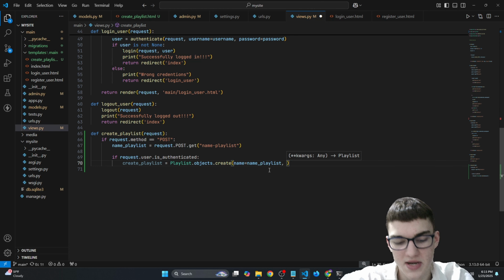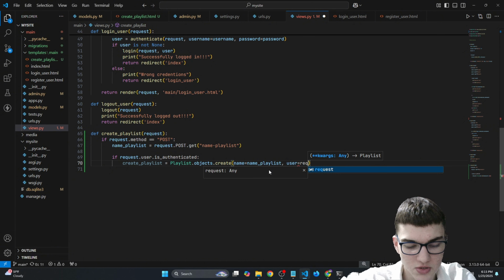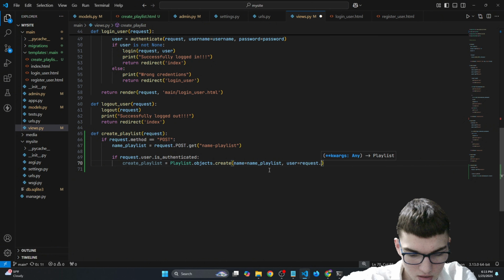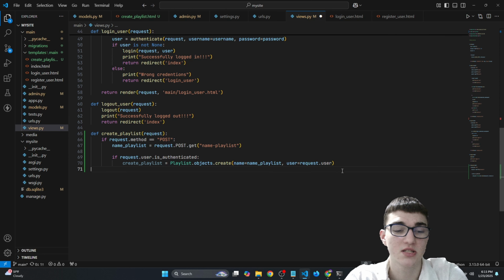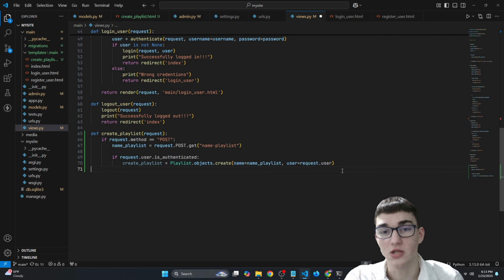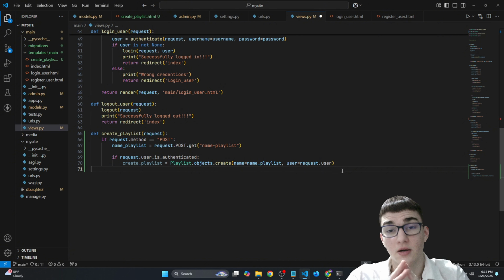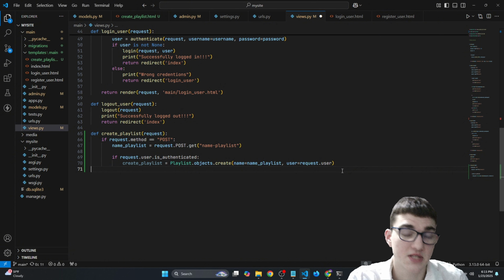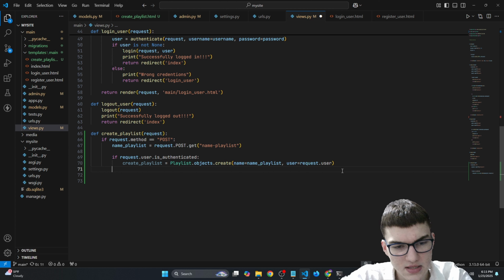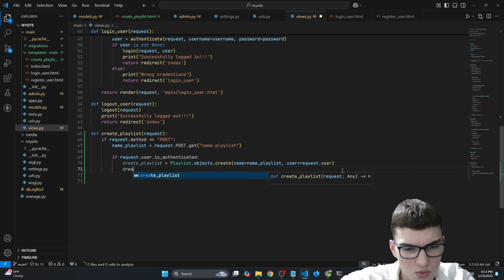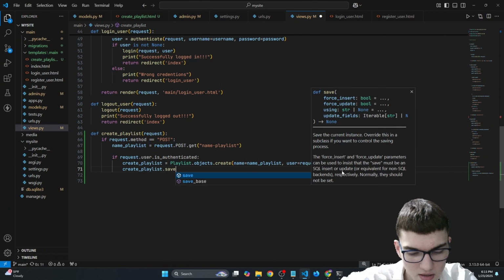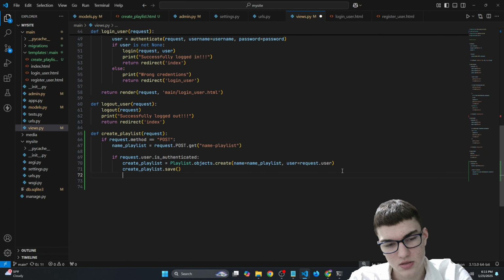And also we need a user to be equal to request.user. So request.user is just the way to grab the user currently logged into our website. And after that, I don't think we need to save this, but I'll just save it anyway. So create_playlist.save and return